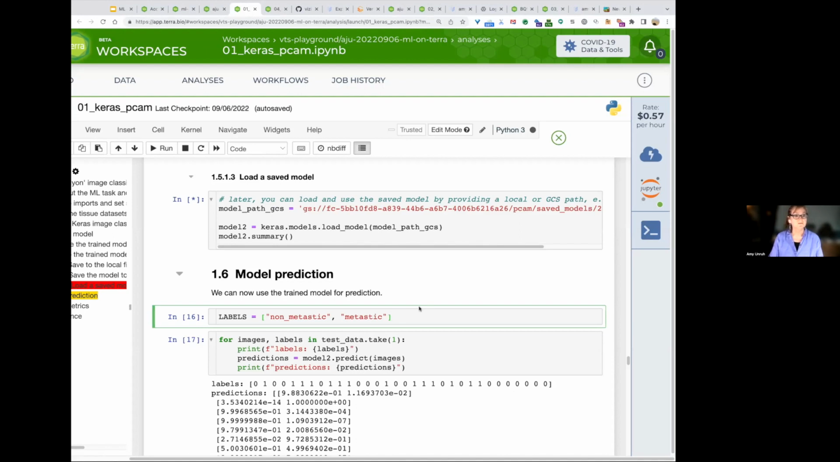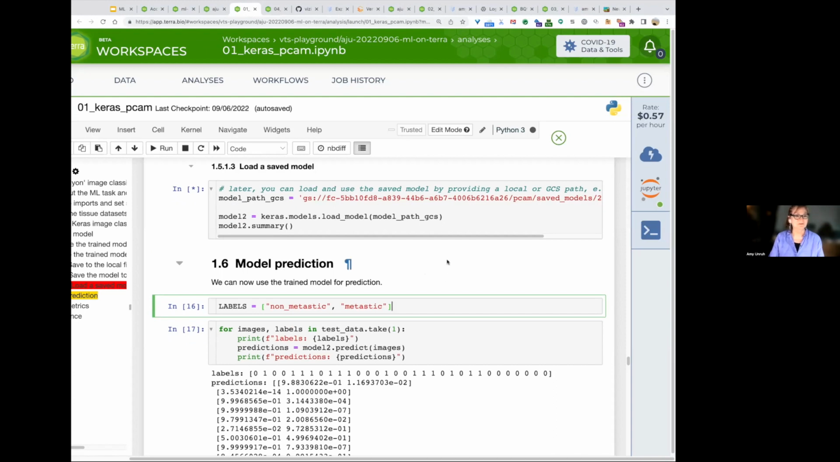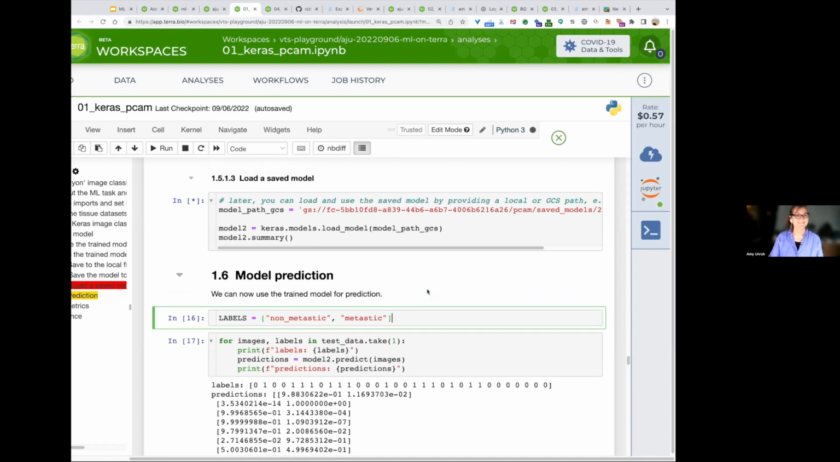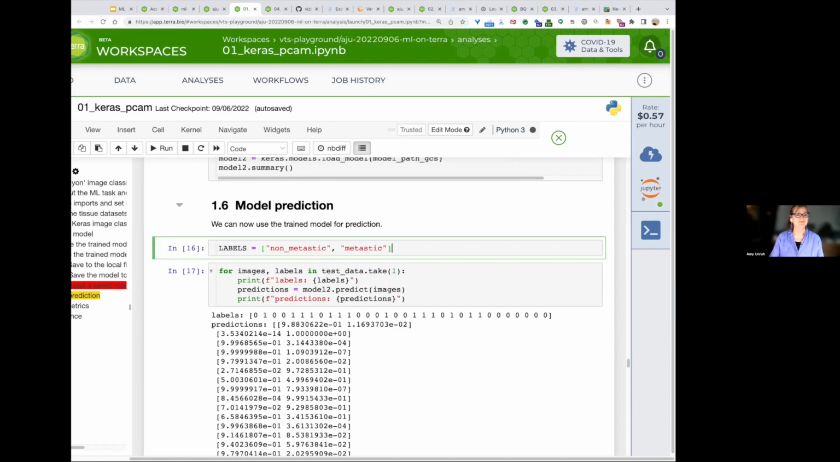Okay, and the model is still reinstantiating. It's a little quicker if you do it from local storage rather than GCS, but essentially it's just because the model is so large. One more minute. Okay, keeping an eye on the time, I may skip this and move on to the next notebook, but essentially